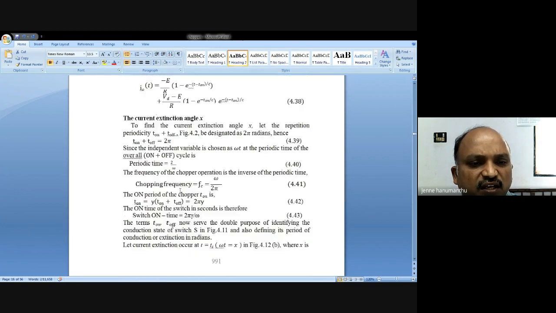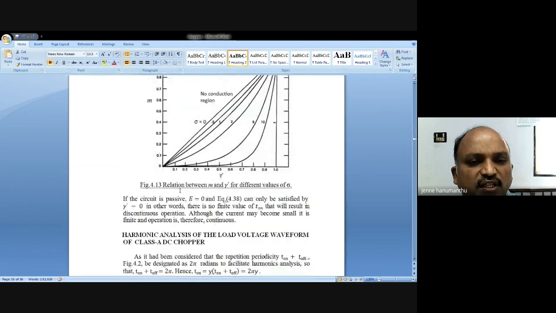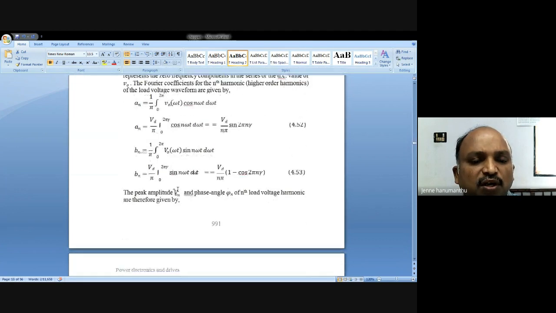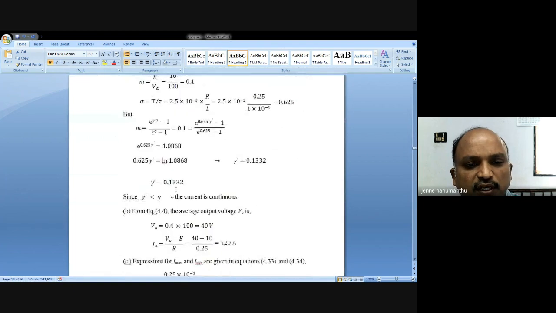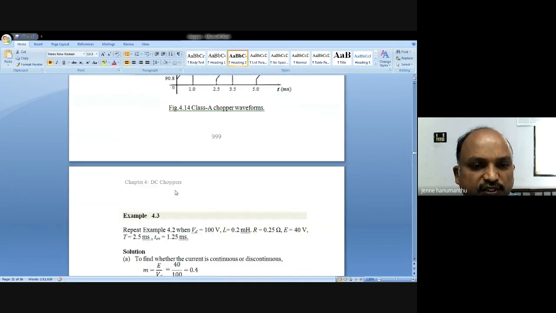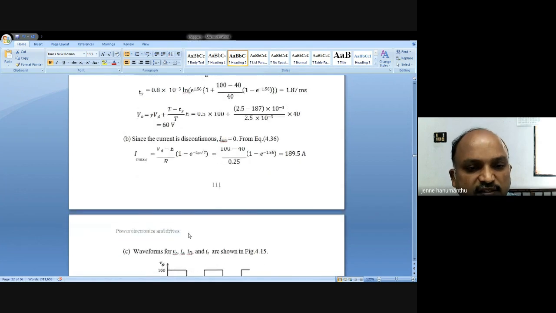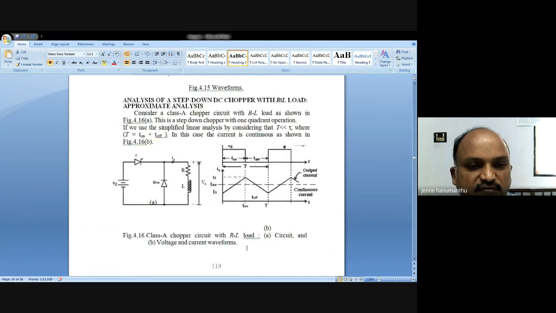This is enough for you about the step down chopper. Tomorrow we'll see the step up chopper. There are some mathematical problems that we can practice.